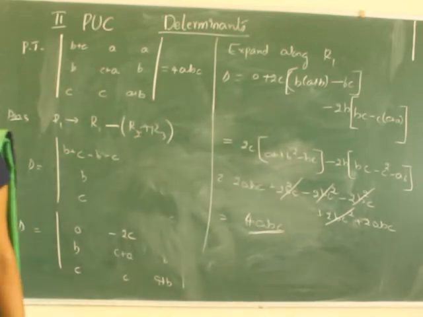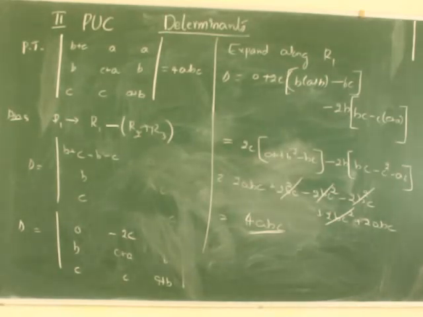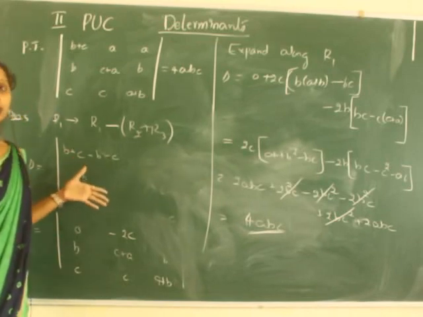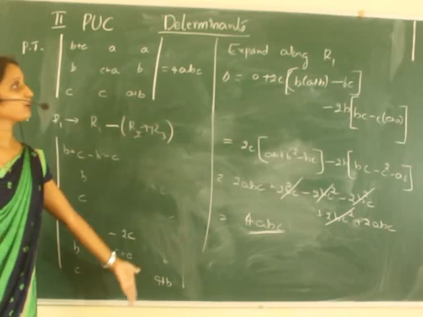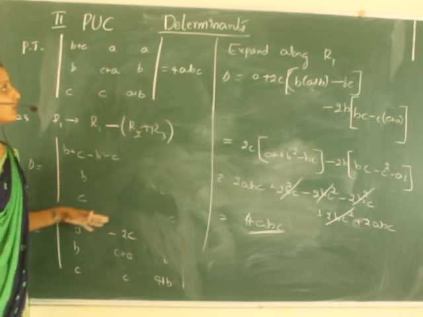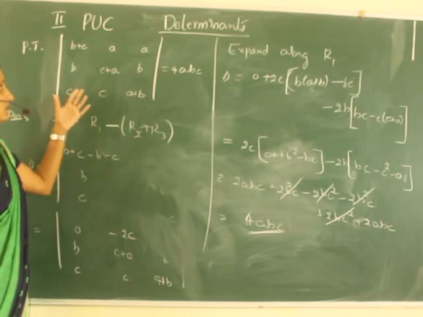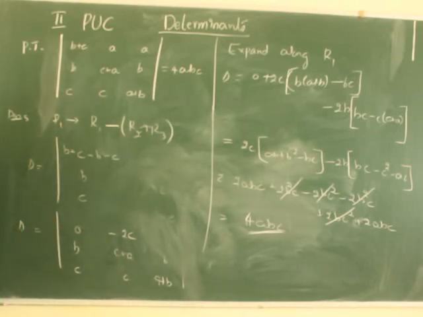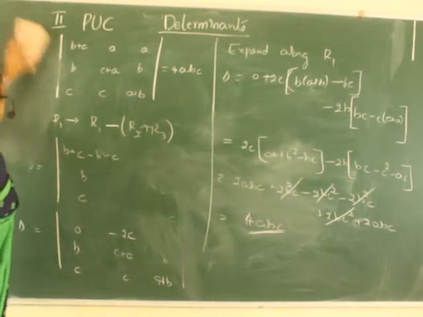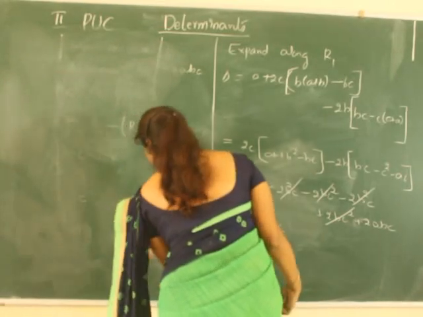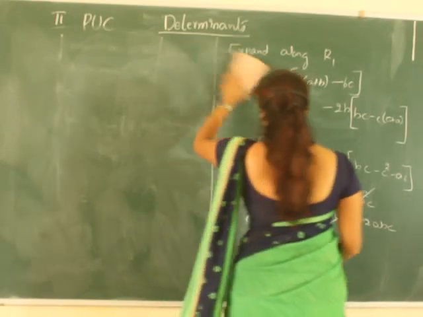Since in the problem it is asked to find the determinant without expansion, what we have to do is use at least one expansion or one property. If not possible, then we can expand directly. You cannot expand directly since it is asked to find the determinant without expansion. First we expand along or use a property at least once, not every time, at least once. If you use the property, then you can expand. So this is the next problem. There are so many problems of this kind. Next one.